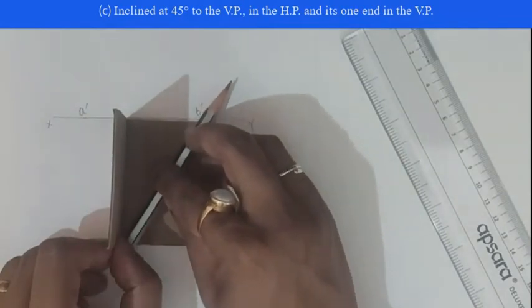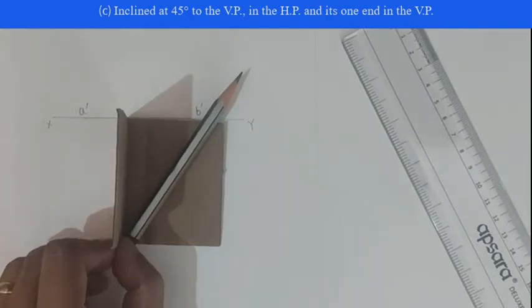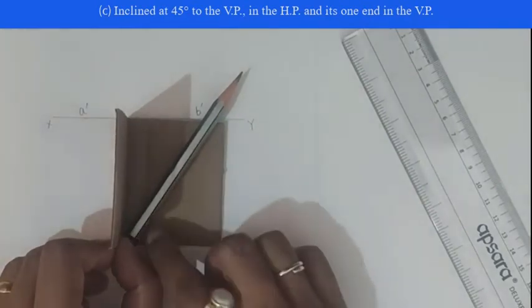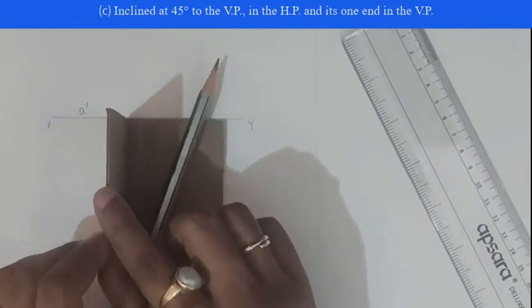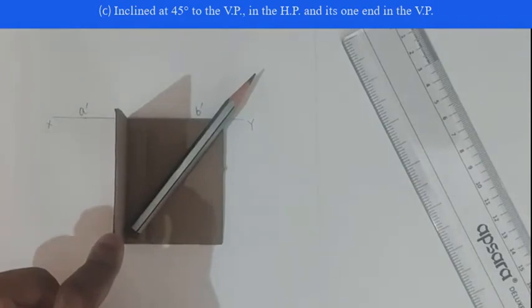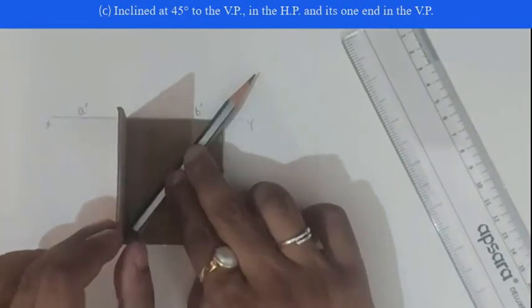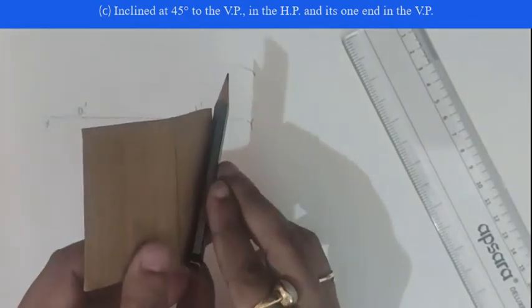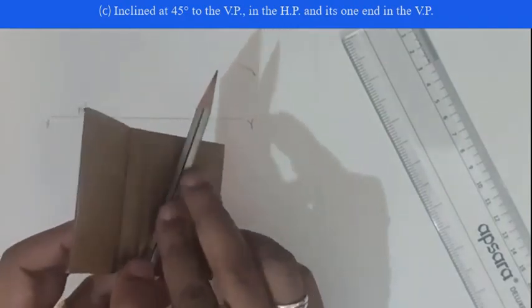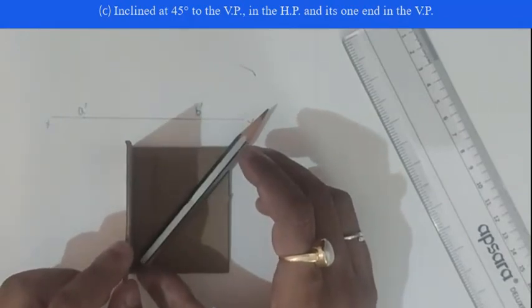Now we are inclining the line to the vertical plane. Vertical plane logot incline kori di disu. Condition ki dia ase? One end in the VP. Eta end VP logot lagi thakib lagib. So this is the end which is touching the VP. Now when we draw the top view of this, iyare konto top view hobo? The top view will be this line and this top view will be projected where? Below the XY line. XY line r tolot jabo. This top view is what? It is the true length of this top view.